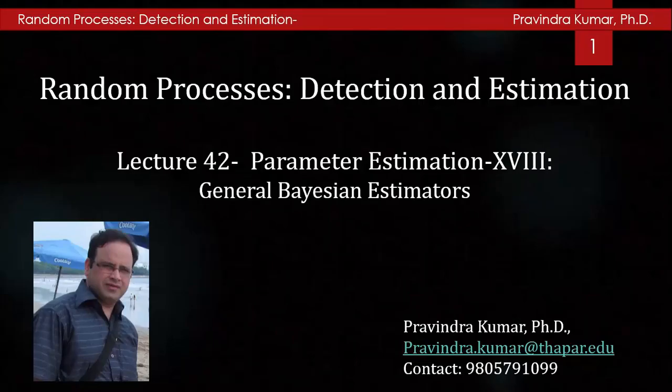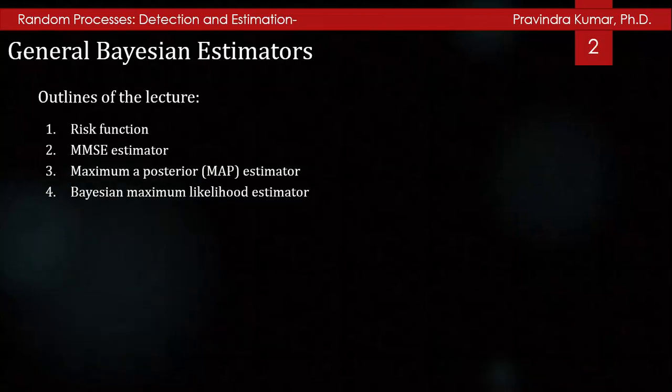Welcome you in the lecture series of random processes, detection and estimation. It is the 42nd lecture of this series. In the previous lecture, we discussed the minimum mean square error estimator and the Bayesian linear model. In this lecture, we will discuss the general Bayesian estimator, and the outline of this lecture is the risk